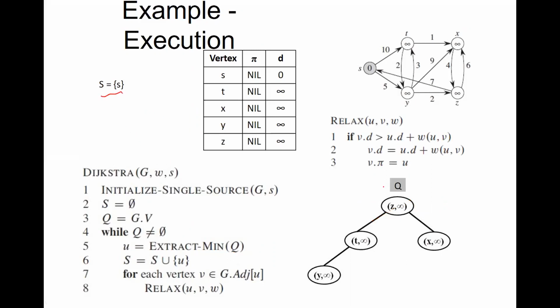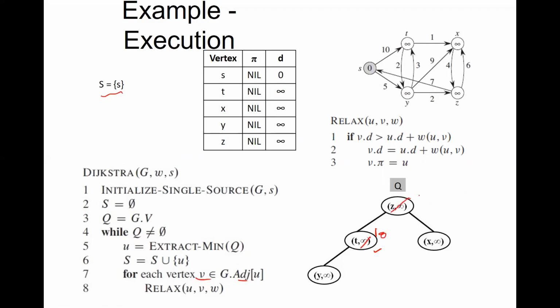Now what will happen: through this vertex s, you find the direct distance to the adjacent vertices of s which are not part of the final answer, which are part of only the priority queue. The distance of that will be s to t, so the s to t distance will be equal to 10 units. The 10 will be updated, and accordingly its predecessor will also be updated. And once you are updating this s to t value, t will now become equal to 10, so there will be editing in the priority queue.